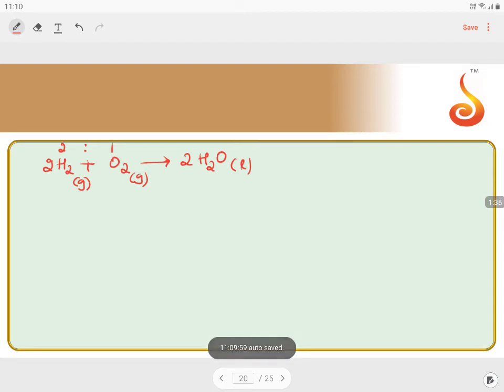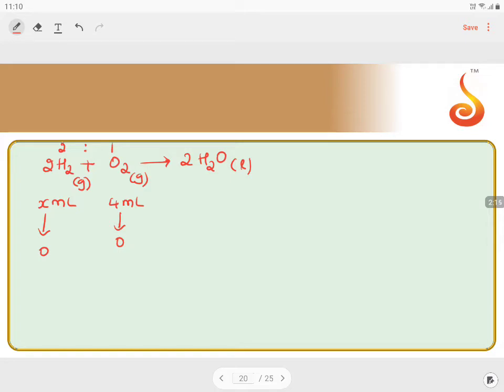Correct? So initially I have taken 4 ml of oxygen. We don't know what can be the X over here. But what is the condition? If 4 ml completely consumes, if 4 ml becomes 0, and I have taken X ml of hydrogen, this also has to be consumed completely, along with the 4 ml of oxygen. When it comes to 0, it should be the 8 ml that should be consumed in the process.